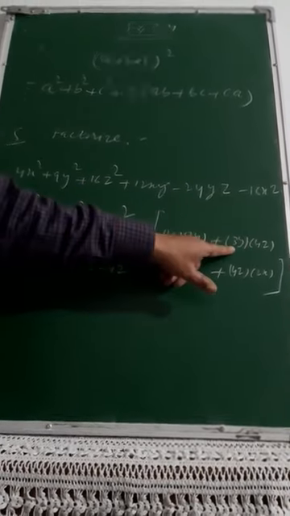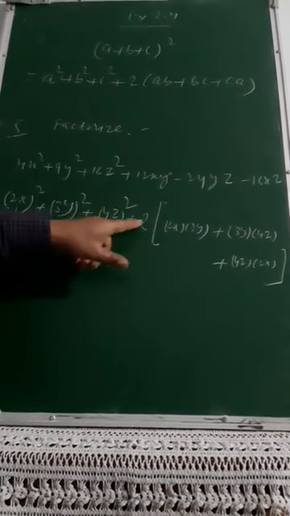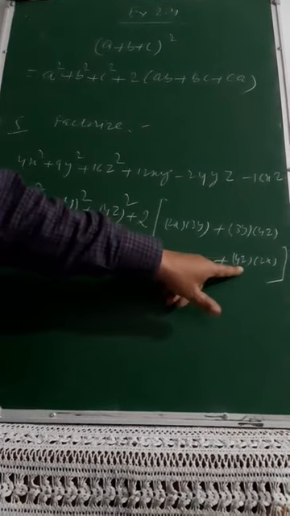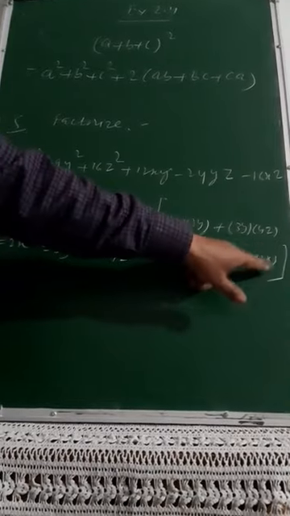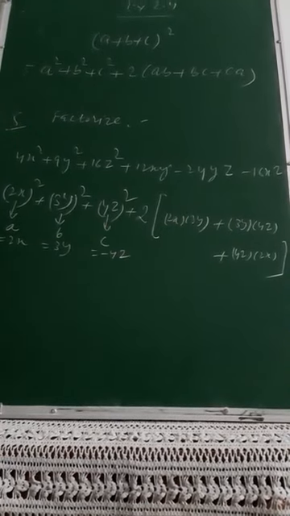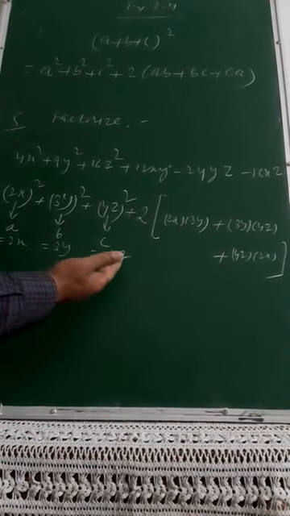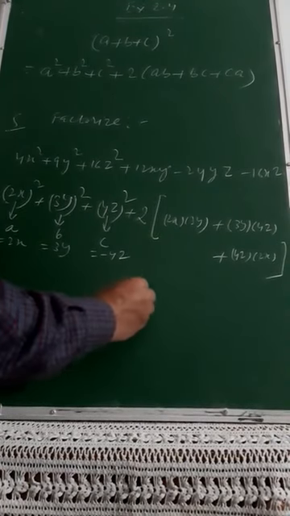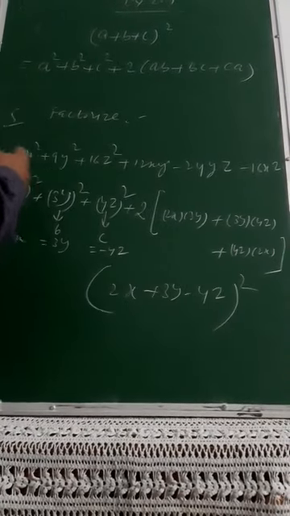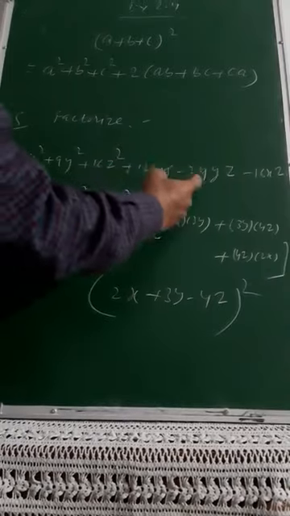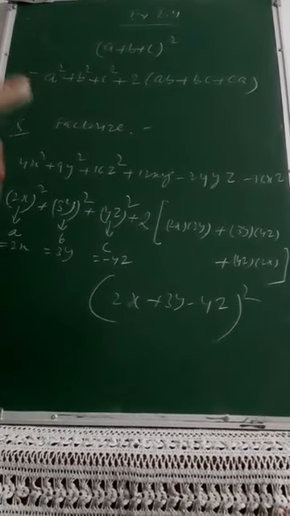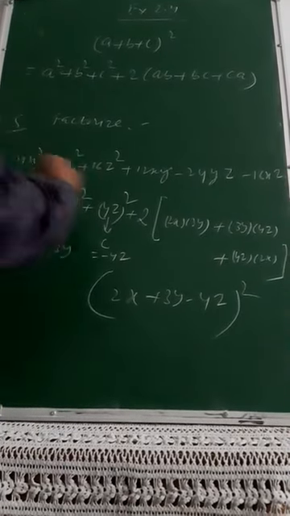And again 2 3s are 6, 4s are 24, and plus into plus is plus, into minus will again make it minus and will satisfy the condition. Again 4z will have a minus sign, plus into minus is minus, minus into plus again will be minus, 2 4s are 8, 2s are 16, and I will be getting minus 16xz. So if I am putting this with a minus sign, I am getting 2x plus 3y minus 4z whole square. This is one option, because this is lying in the form of a square plus b square plus c square plus 2ab plus 2bc plus 2ca, where a is 2x, b is 3y, and c is minus 4z. You apply that identity, you will be reaching here.